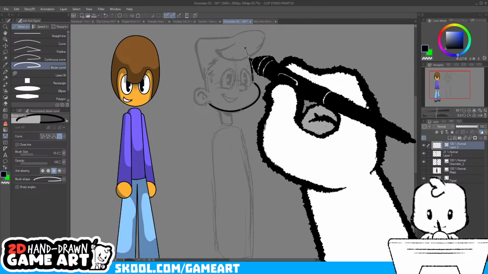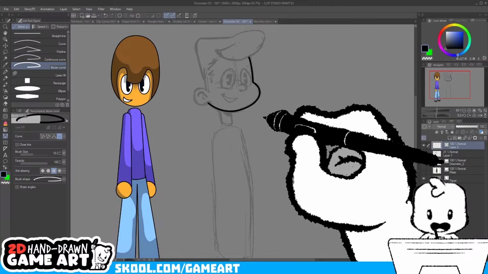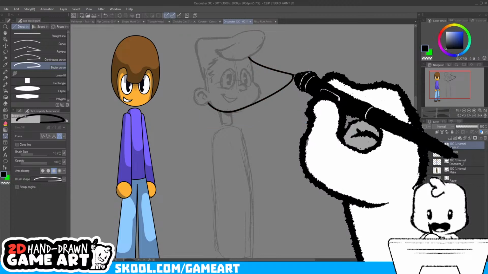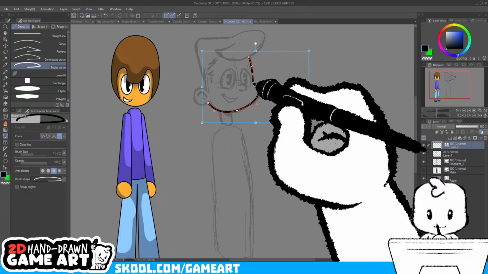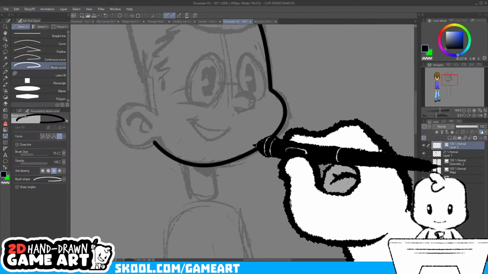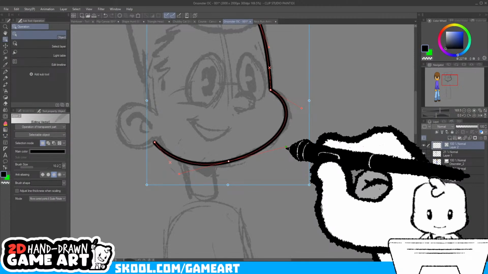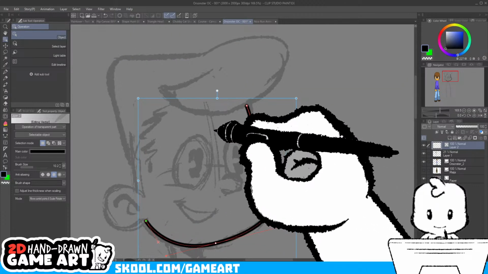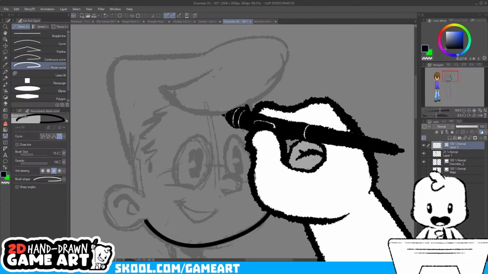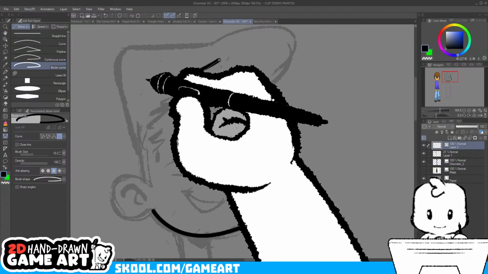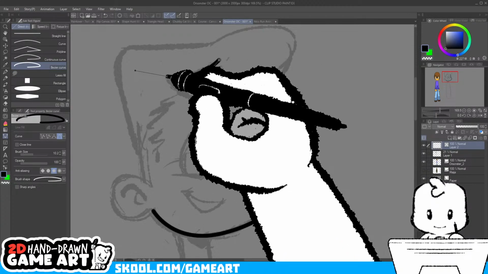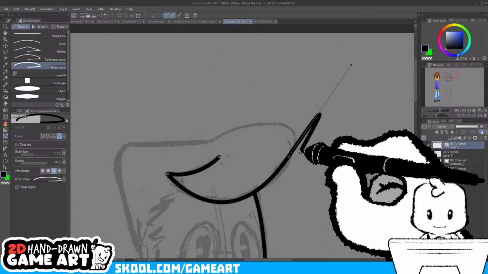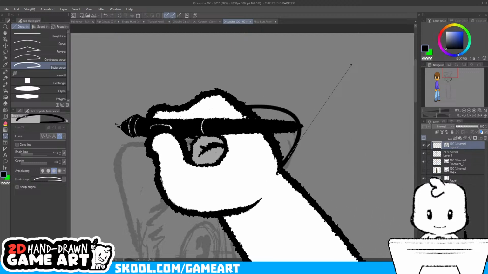Kind of like this. Let's say that I'm happy with this line, or I wasn't happy with this line. Let's say this line was way over here. I can go through and move things around to get things exactly where I want them to be. This makes line art a lot simpler. When you don't have to worry about getting the first stroke perfect, you can always keep trying again and nudge things around until it's perfect. So I can make a curve here, another curve here. We can get this guy over here.